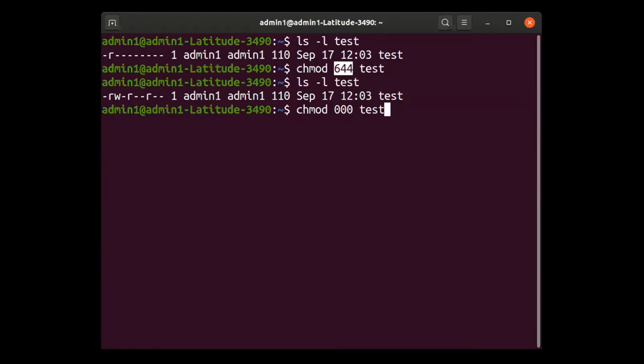That's fine. I have another answer from 18CS21 which says that owner can't change the permission. I don't know why you are telling this. Owner can change the permission. Who else will change the permission, right? I am the owner of the file test. I have every right to change the permission, correct?